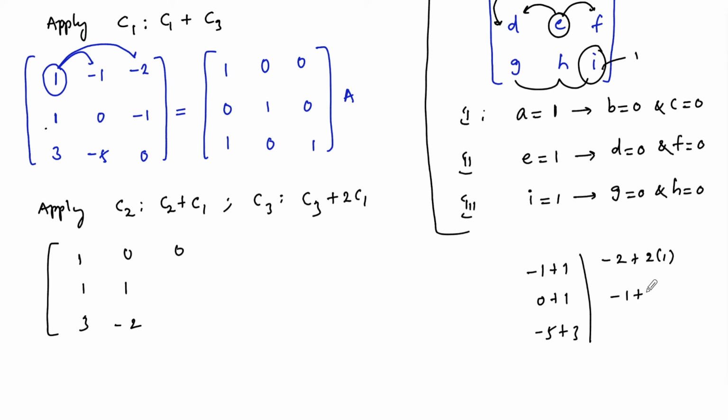Minus 1 plus 2 times of 1, that's minus 1 plus 2 is 1. And then 0 plus 2 times of 3, that is 6. And the other side